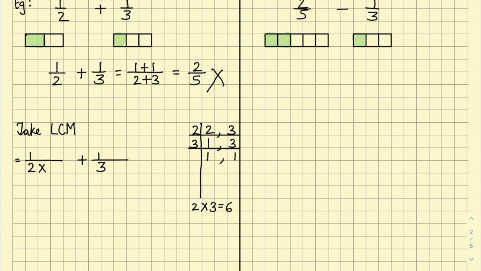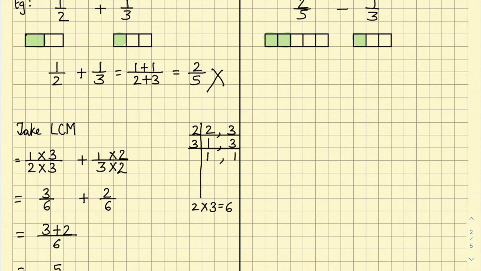So 2 multiply by what will give me 6? 2 multiply by 3 will give me 6. So 1 also multiplied by 3 because they both are siblings. Then 3 multiplied by 2 gives me 6. So 1 also multiplied by 2. Now 1 multiplied by 3 gives me 3 over 2 3s is 6 plus 1 multiplied by 2 is 2 and 3 2s is 6. So now you see the denominator is common, that is 6. Now it has become like fractions, so you can easily add the numerators. 3 plus 2 is equal to 5 over 6.